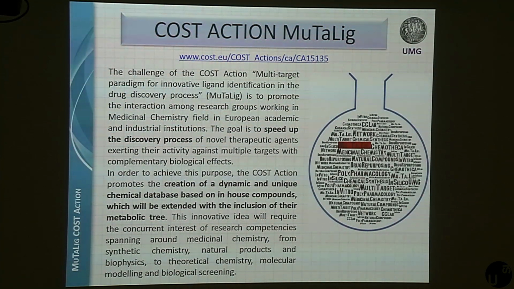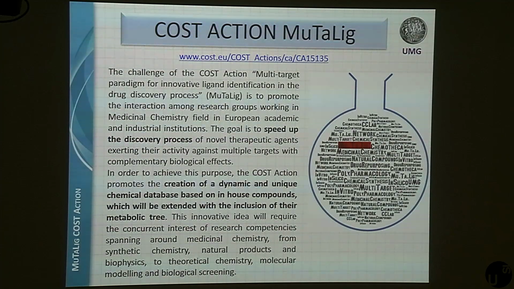But with the aim of speeding up the discovery process, we also created a tool called Chemotheca, with which we try to speed up the information flow and the connection among the different groups. With this aim, we started our work,